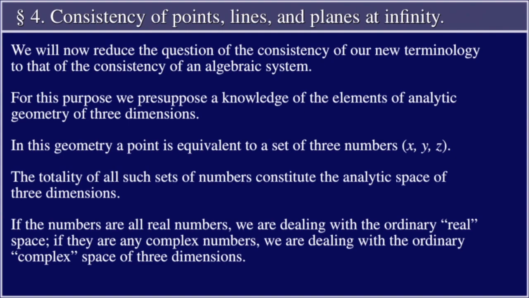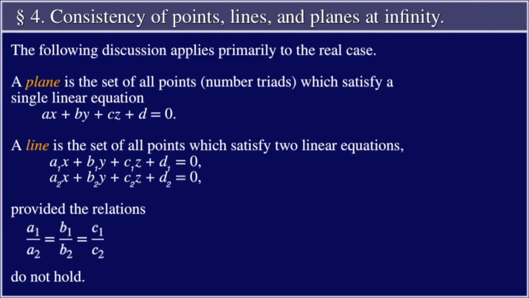If the numbers are all real, we are dealing with ordinary real space. If they are any complex numbers, we are dealing with the ordinary complex space of 3 dimensions. The following discussion applies primarily to the real case. A plane is the set of all points, number triads, which satisfy a linear equation ax + by + cz